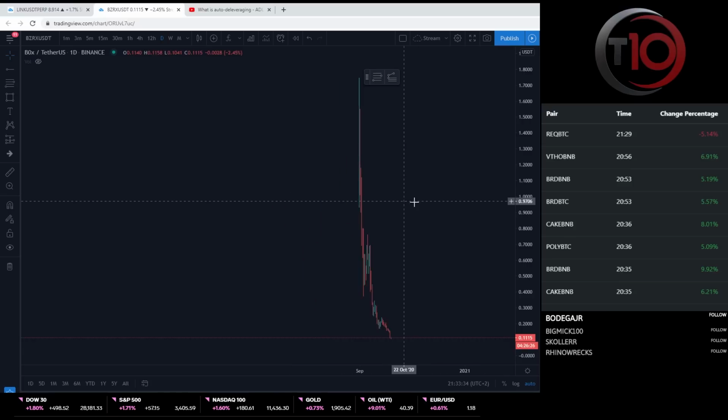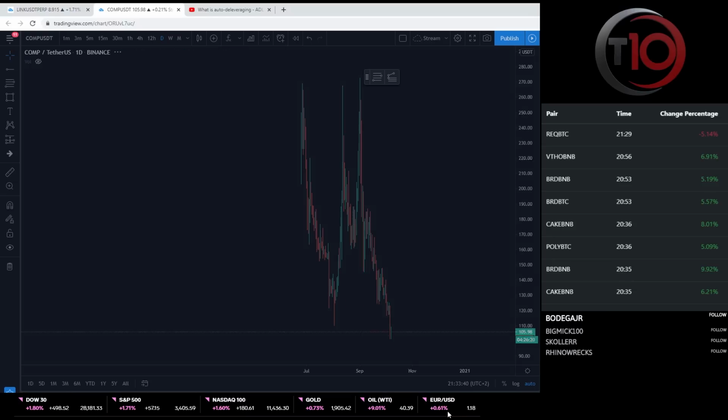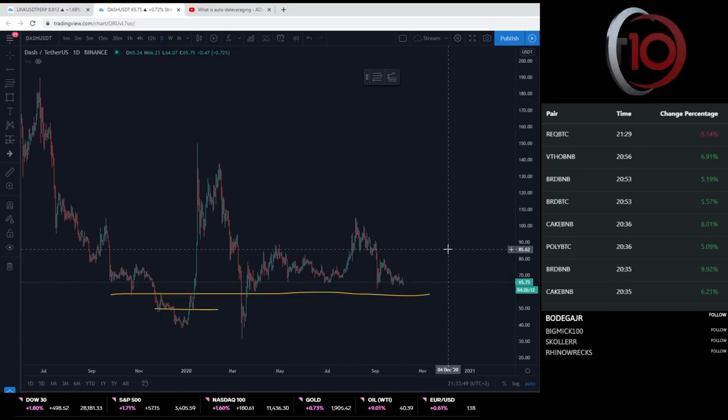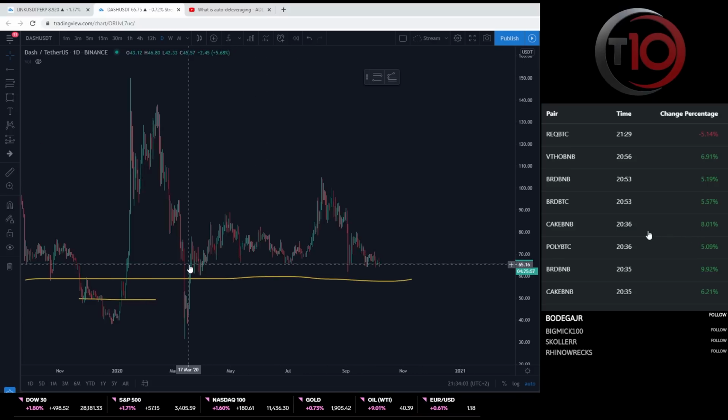Let's see. Yeah, let's not look at that one. Or that one. This one. LTZ, I'm coming to LTZ soon. For Dash, I tried a trade on Dash. I just laddered in down to, I think I have a partial stop loss triggered. I laddered in, I entered here. I laddered in from the bottom part here and down to, you see the previous